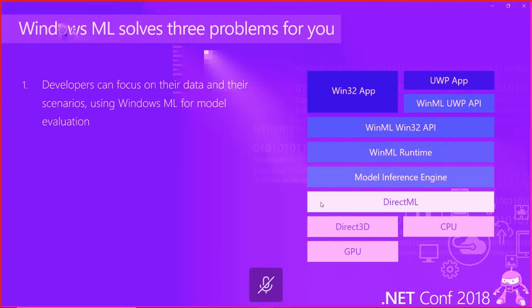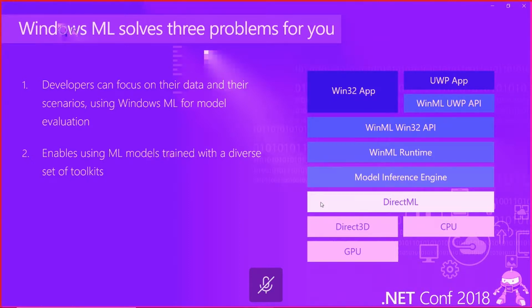Windows ML is another piece of technology developed by Microsoft that helps us use artificial intelligence without the need of going deep in the core stuff. For example, with artificial intelligence, we can focus on our domain. And what this means is that we can use our model without thinking about how to make it work.